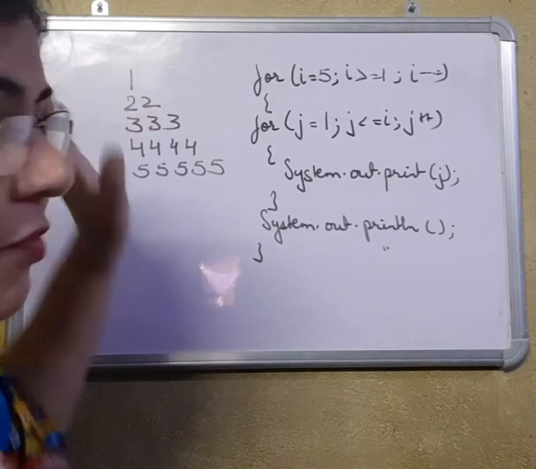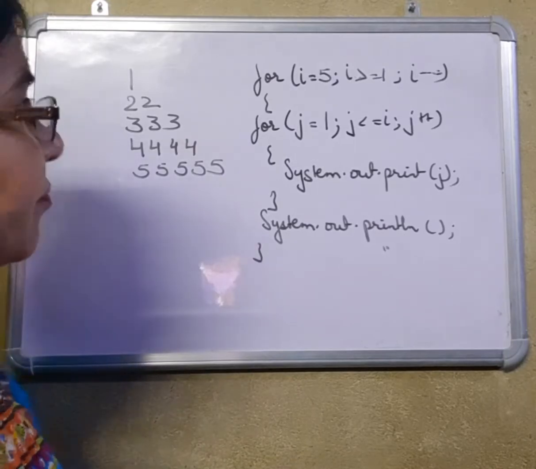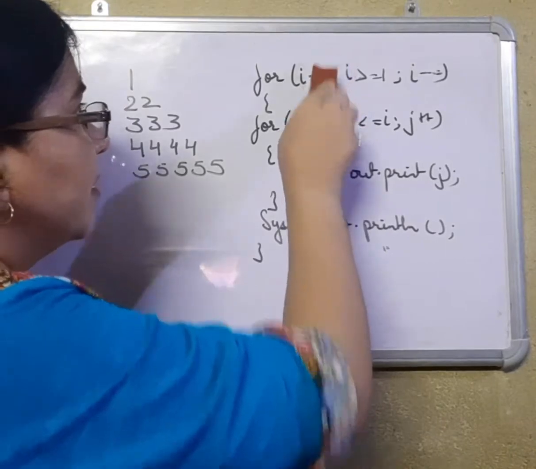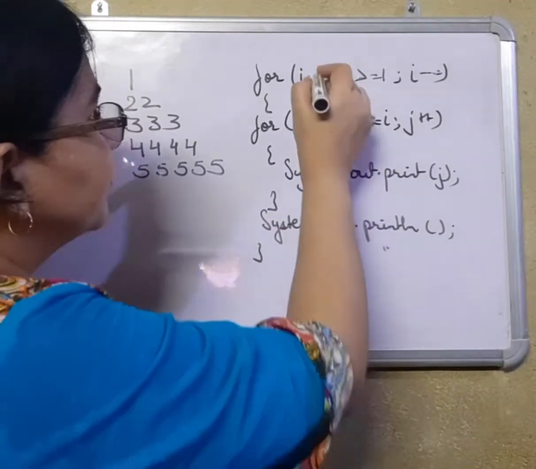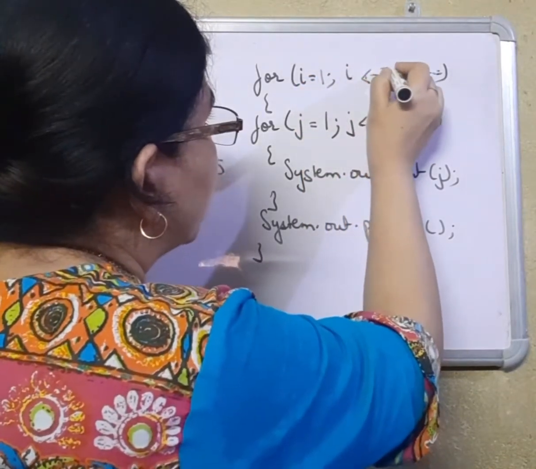The last limit of the first line is 1. The last limit of the last line is 5. So we will change here the value of I. I is equal to 1, and I less than equal to 5,